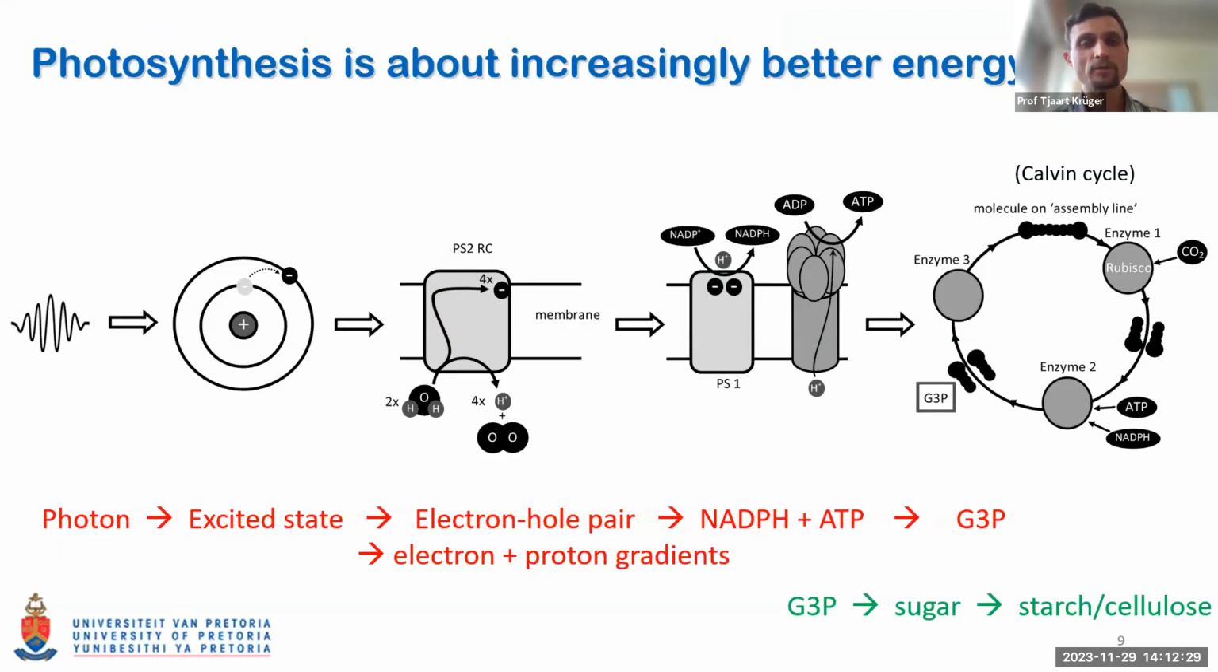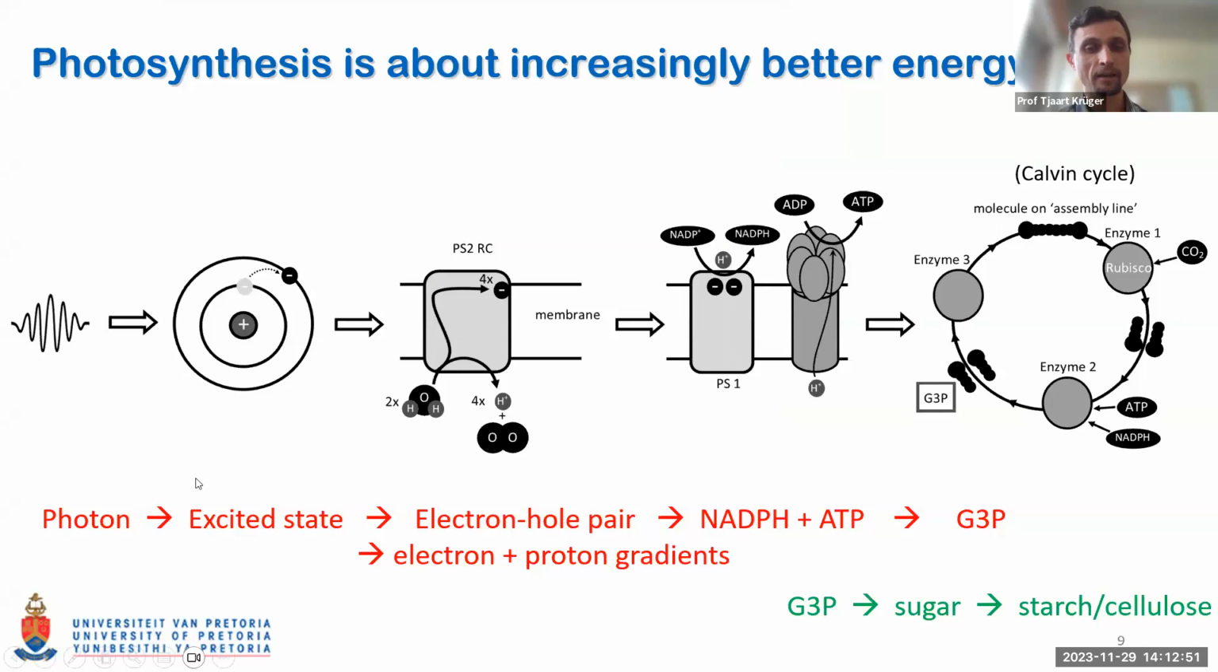Right, so we must view photosynthesis as a process whereby the energy is stored in increasingly more stable forms. And for this to happen, the energy must be converted into different forms along the way. So we are starting off with a photon, a solar photon, which is absorbed by the photosynthetic pigments like chlorophylls,